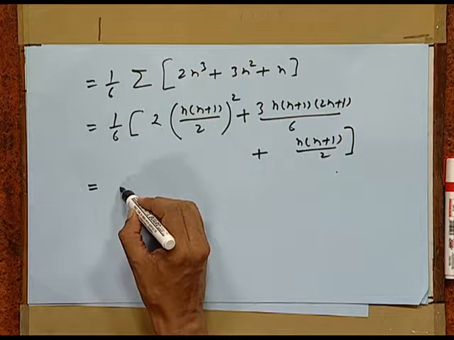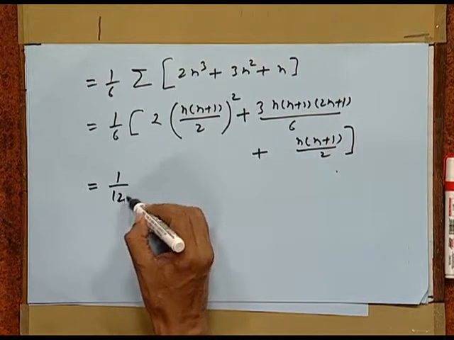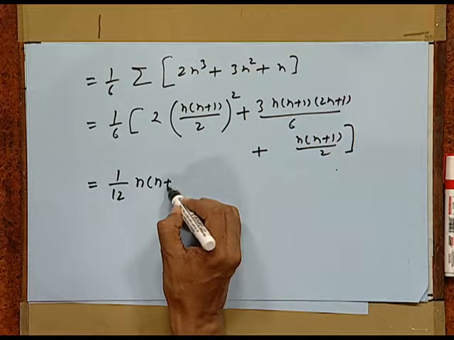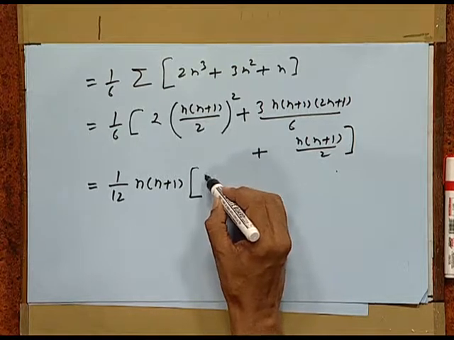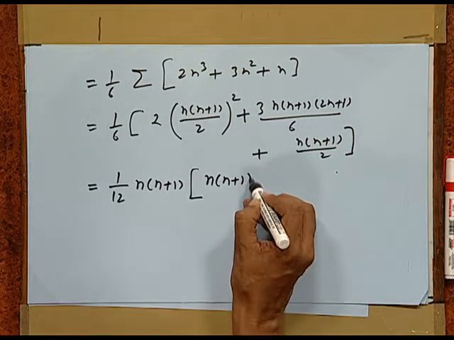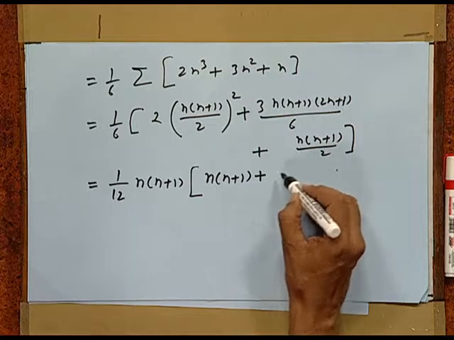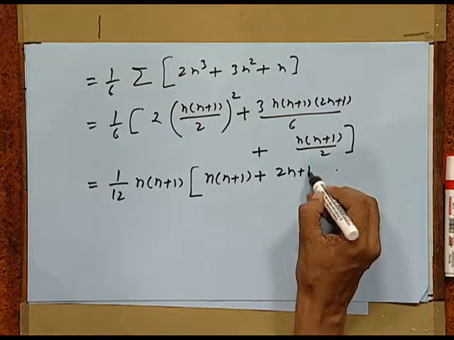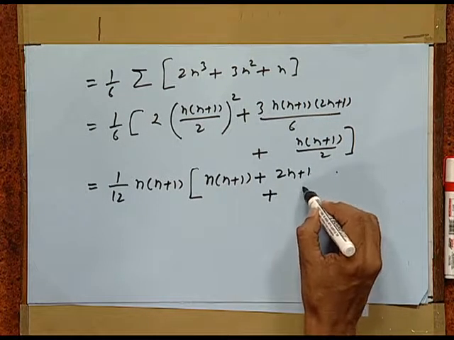This equals 1 upon 12 n times n plus 1, n times n plus 1 plus 2n plus 1 plus 1,